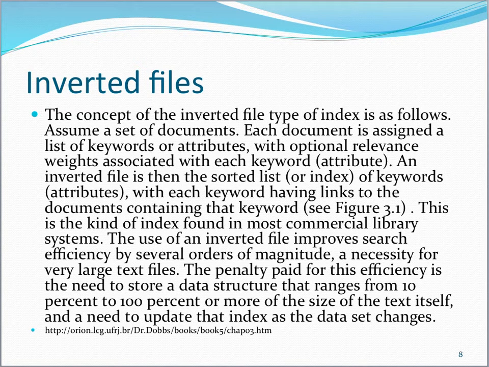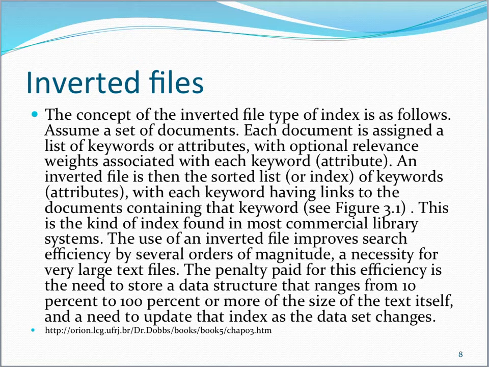another definition. The concept of an inverted file type of index is as follows. Assume we have a set of documents. Each document is assigned a list of keywords, so to each document we assign a list of keywords with optional relevance weights associated with the keywords. Okay, that would be an attribute. For example, document A may have more weight because it's more relevant according to the keywords that we have